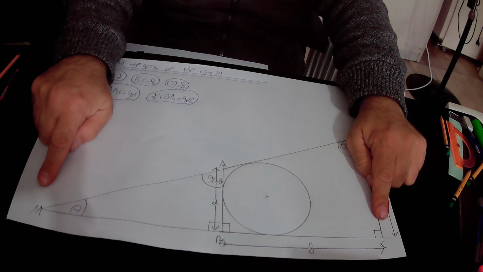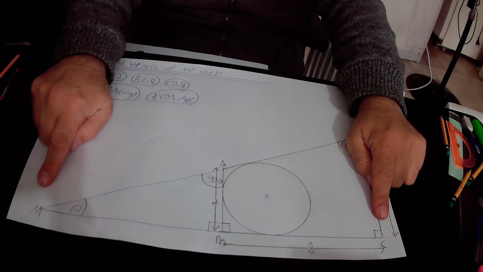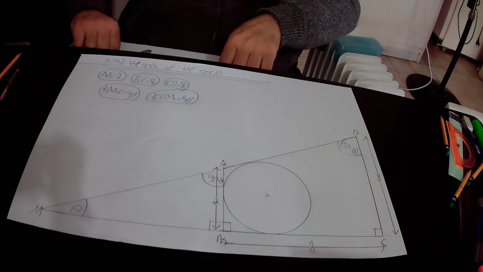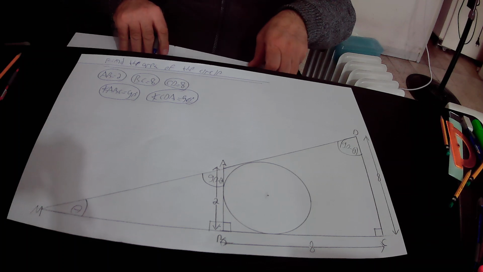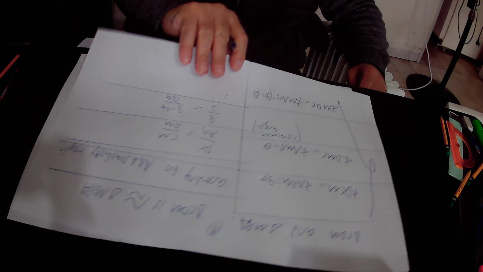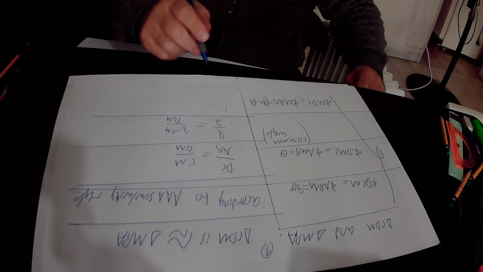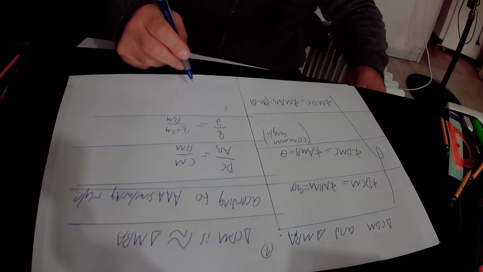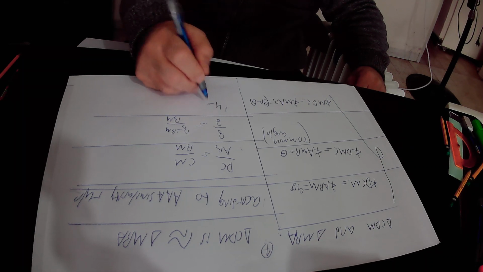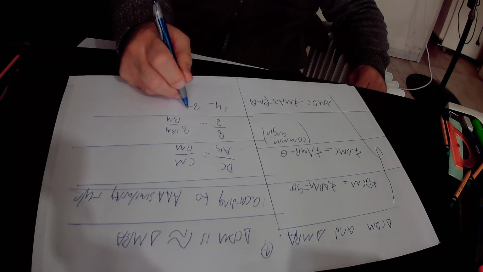So in total CM equals 8 plus BM. So in conclusion, 8 over 2 equals 8 plus BM over BM. 8 over 2 is 4, so 4 equals 8 plus BM